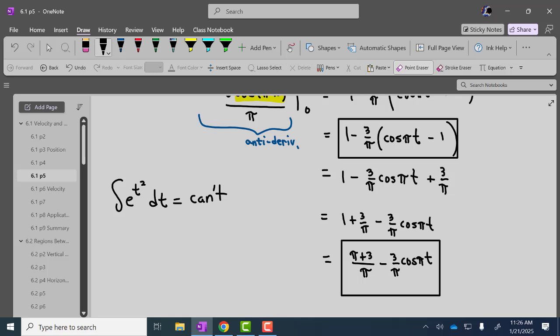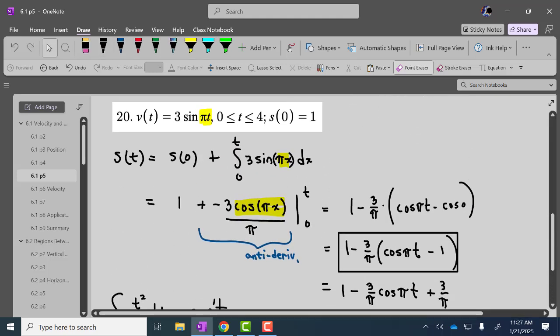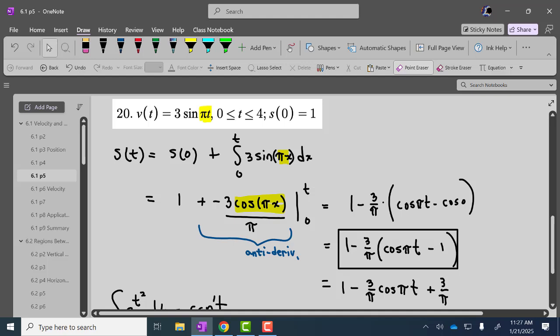So you've got to, that's why it takes so much practice. You've got to start figuring out, oh, can I do this? Can I not do that? Why? Question? Yeah, so when you scroll up to where you got the 1 plus minus 3 cosine of pi